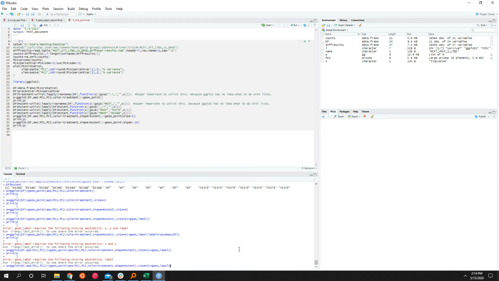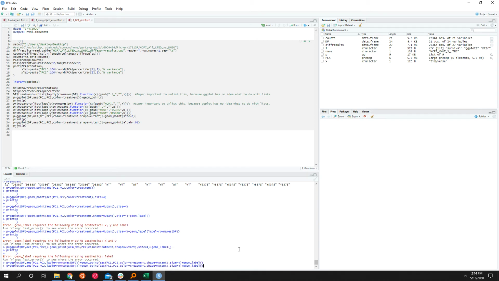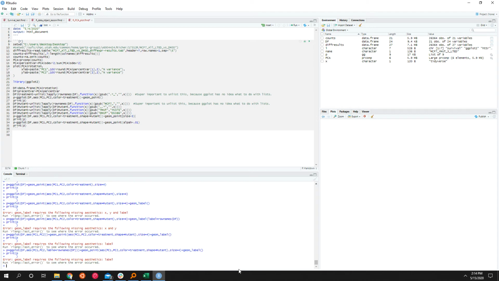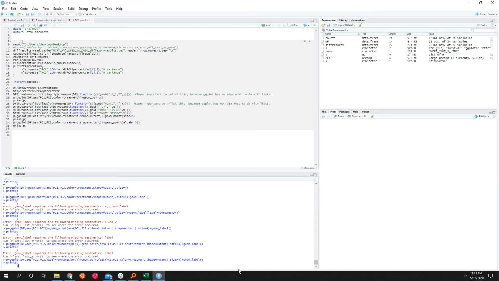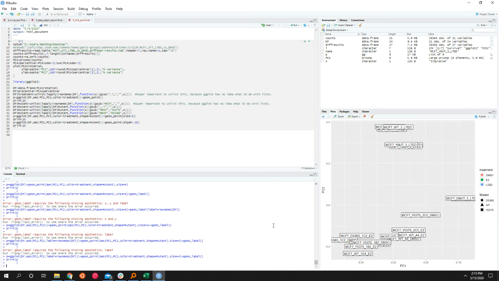Okay, and it also wants the label, like what the name is. So what I did originally. So label equals row names df. Okay. Did I spell it wrong? Yes, that's the joys of Jeffrey's spelling abilities. All right. There we go. Now it is successful. So now you can see it has actually labeled everyone with its